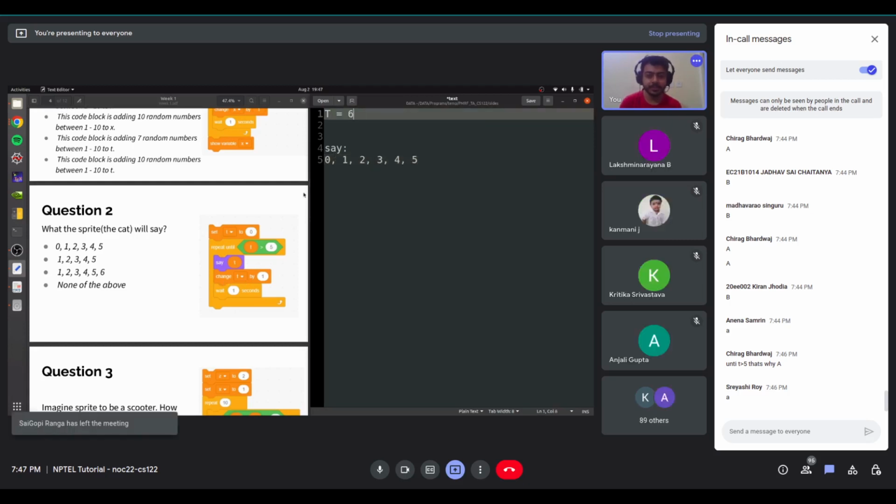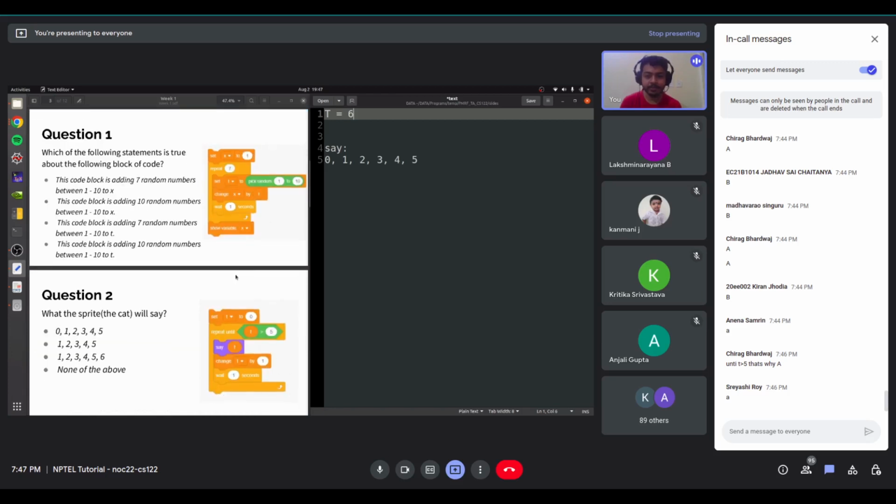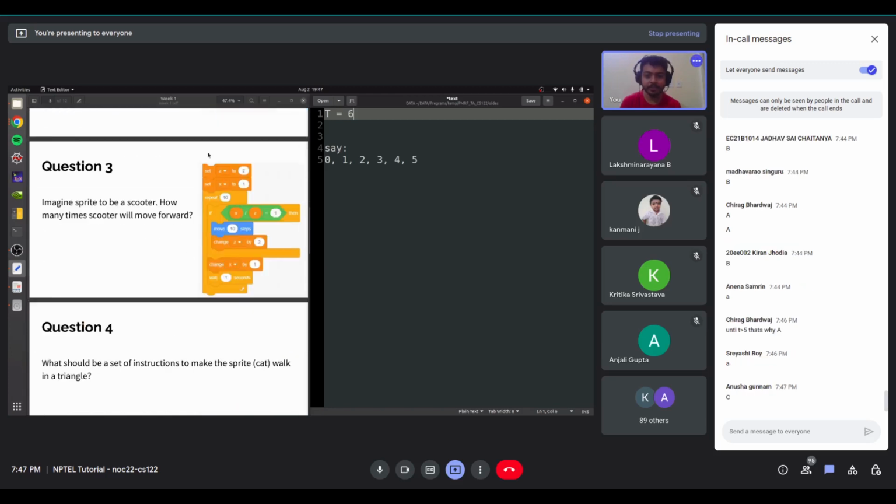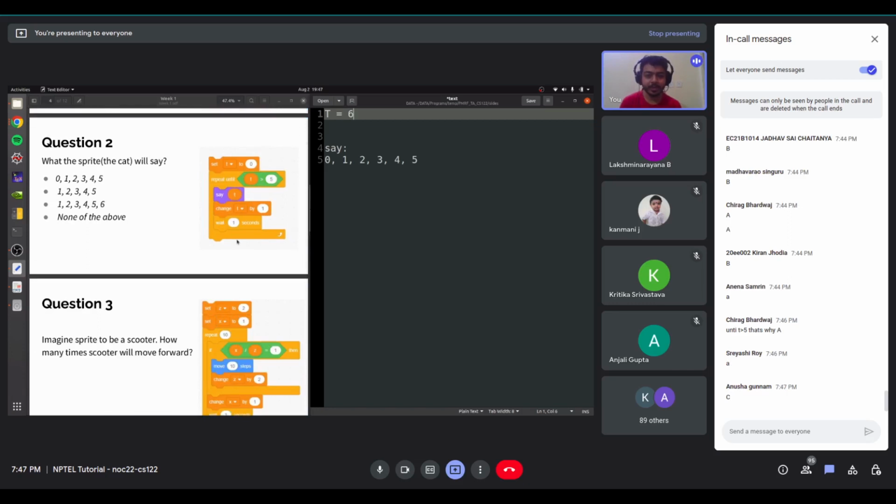So it becomes 6. Now, when you go to this condition, it will see that t is greater than 5. So t is 6. 6 is greater than 5. So we will stop. We will not do what is inside anymore. We will go out. And after this, nothing is there. In the previous one, there was this show variable, but here it is not there. So yeah, our program is done.